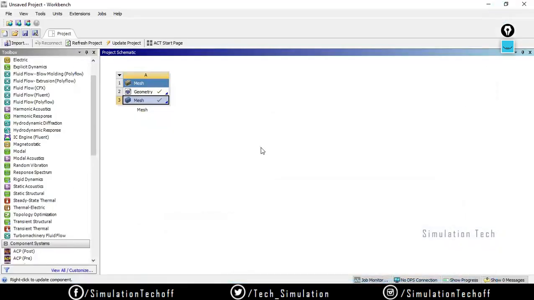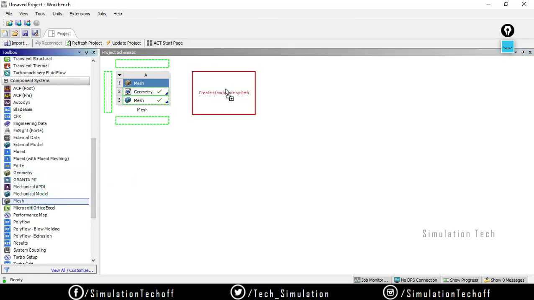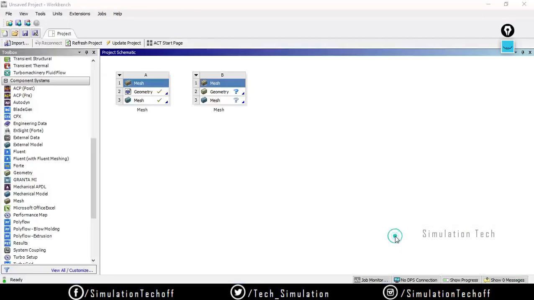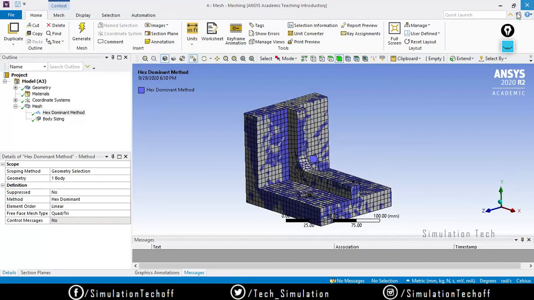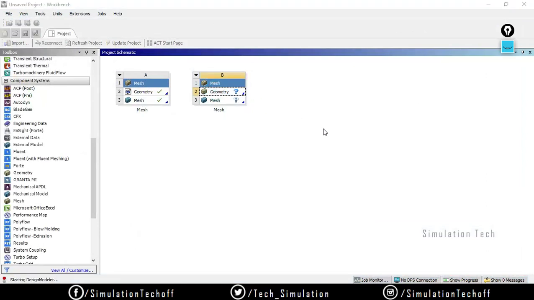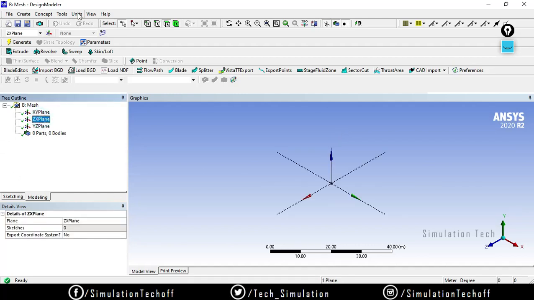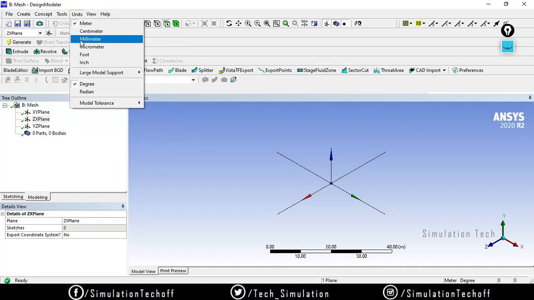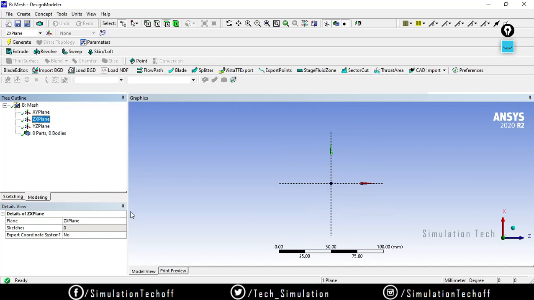First I'll create another mesh environment, close these entities and open Design Modeler. I'm trying to create a new model for a sweepable geometry. Change the unit system first to millimeters, select a plane and say look at.